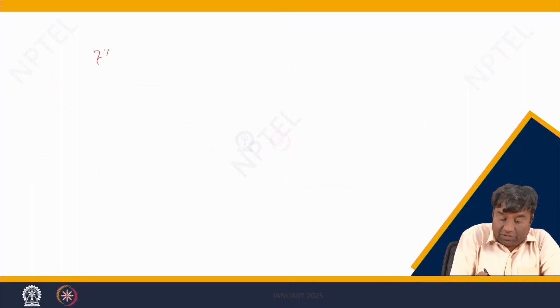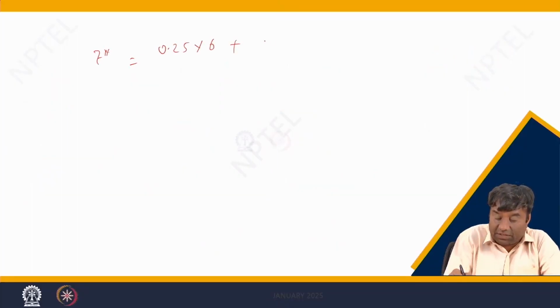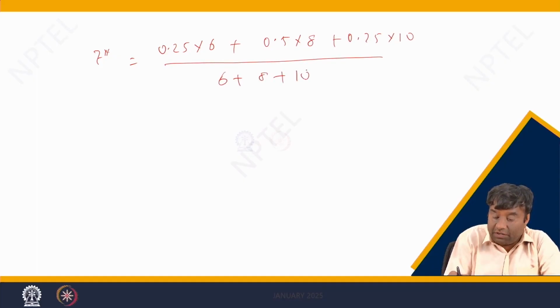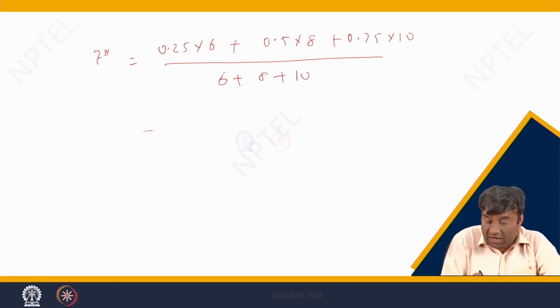So z star value is 0.25 into 6 plus 0.5 into 8 plus 0.25 into 10, divided by 6 plus 8 plus 10. So this value is something like you'll get 6 by 4